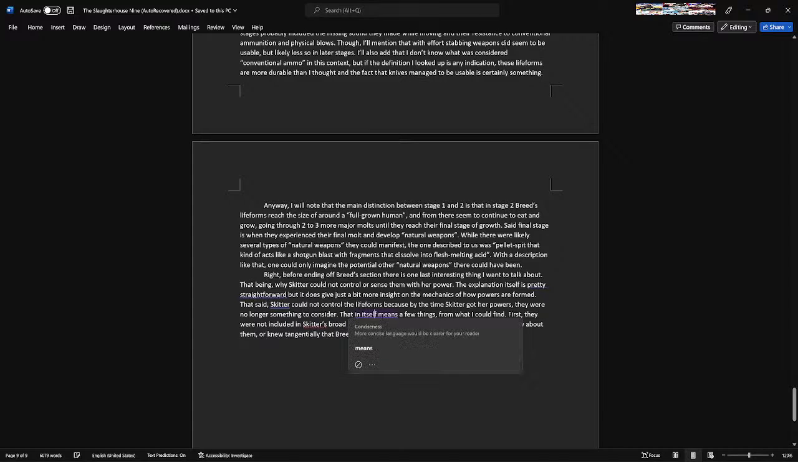Yeah, so that means a few things from what I could tell. First, they were not included in Skitter's bug. More generally, they were not included in Skitter's Raw the Day of a Bug. Whether that was because she didn't know of them, or knew tangentially that breed, who knows? Second, and perhaps more importantly,